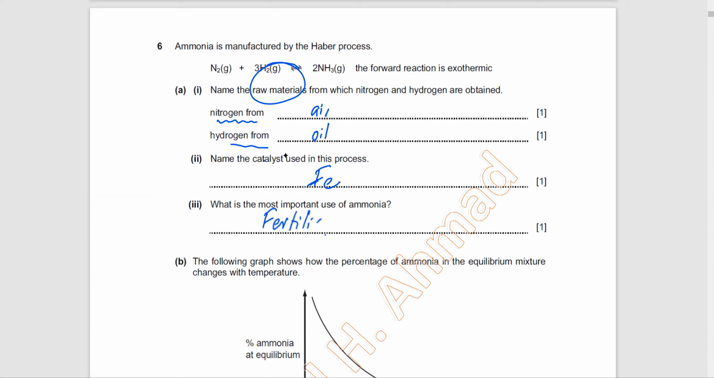Okay, so that's the most important. What was the second most important? Explosives. Okay, explosives, TNT, which is made from nitric acid. Anyway,